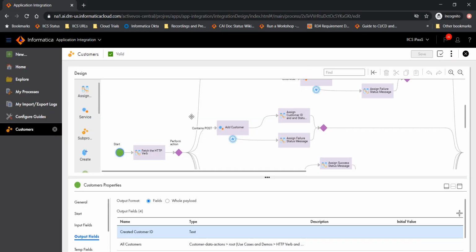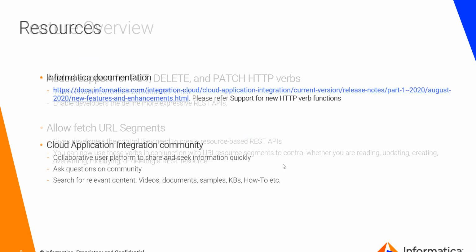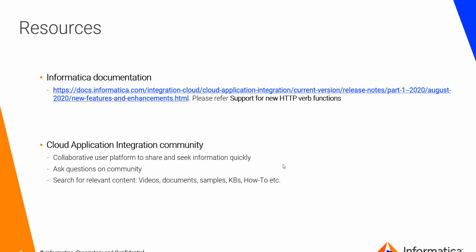So what you just saw is how easy it is to define those expressive APIs which will let you perform all the CRUD operations: create, read, update, and delete. It's really crucial for you to define effective APIs. It really helps the developer. Rather than making multiple APIs, you are now able to define all of these into a single API, and you are able to perform all the CRUD operations leveraging those new functionalities and new capabilities available in our August release. So what we saw is how easy it is for you to define those expressive APIs using those two new functions available as part of our August 2020 release.